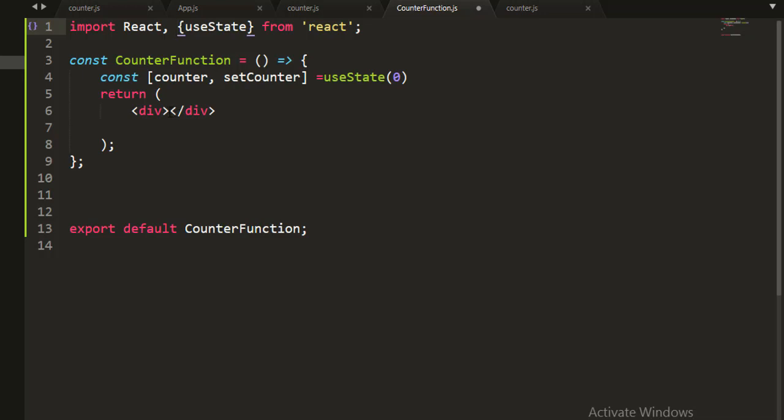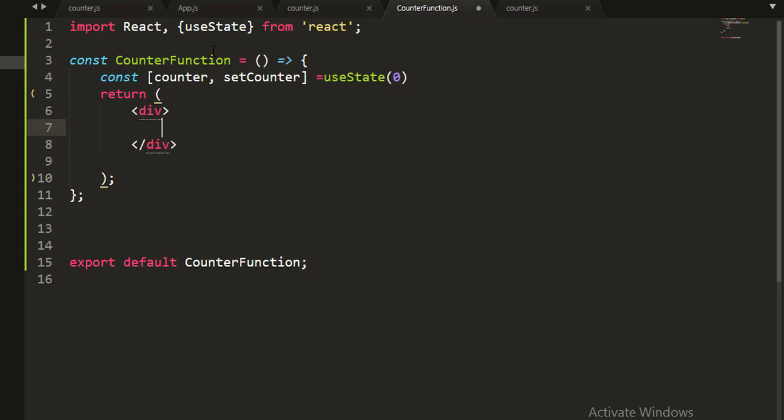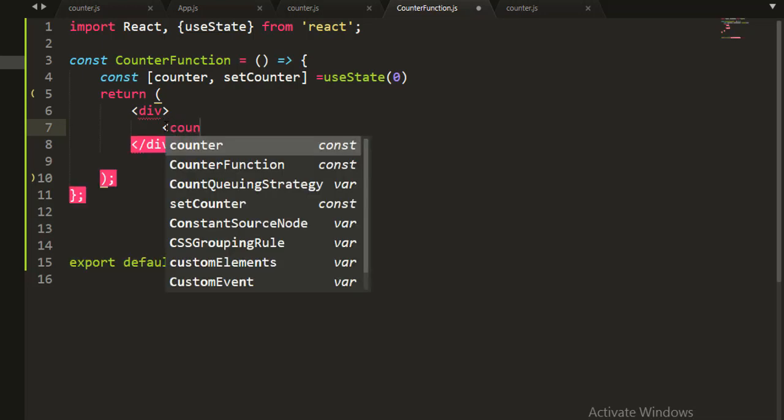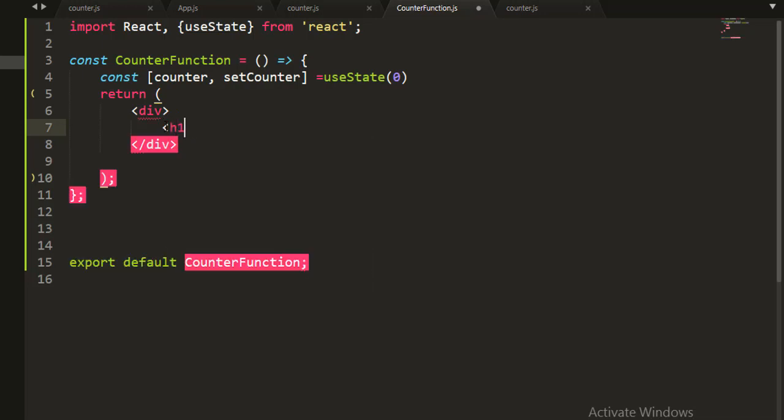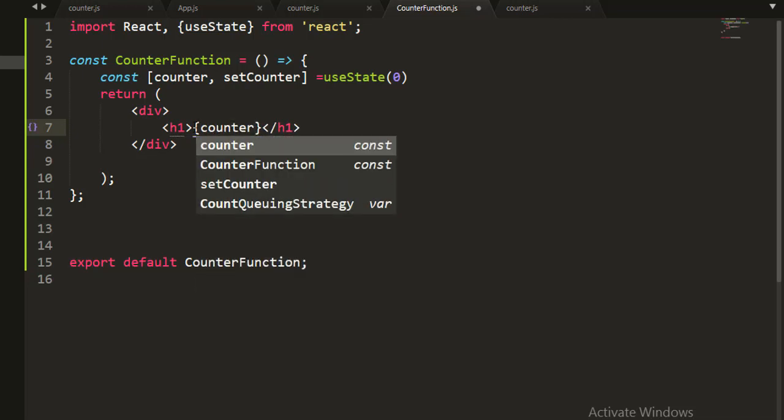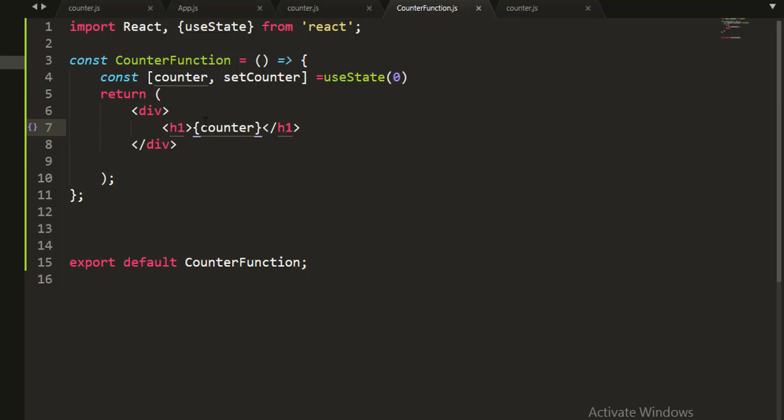So now the next thing we have to do is come down here and display this counter here, the way we did the other time. So let me come down here and say, sorry, I'm going to give it an h1 here. So we have h1 here. Now let me display the counter here. So why not display the counter here? So counter. Let me save this, and don't forget we have to import this inside our app.js